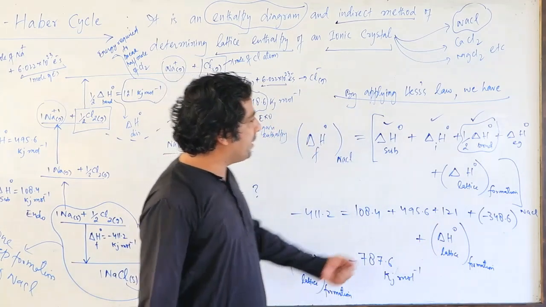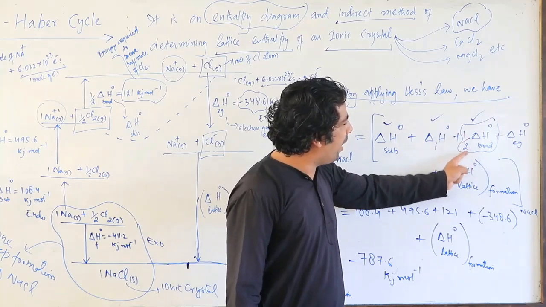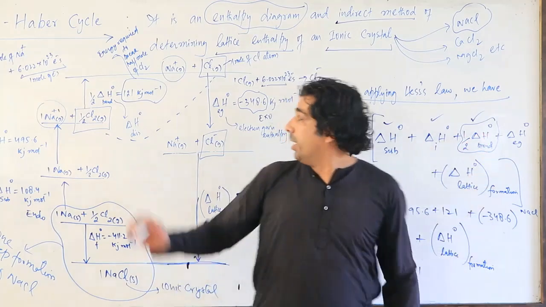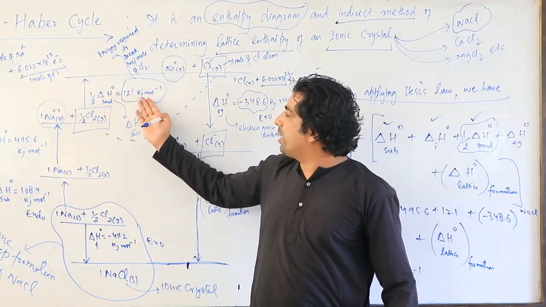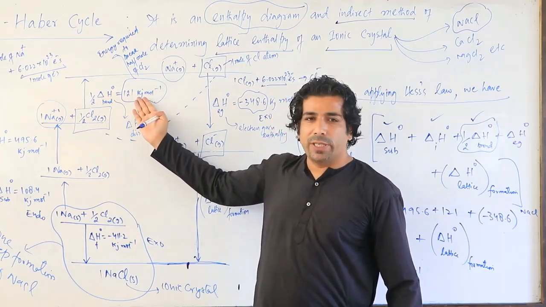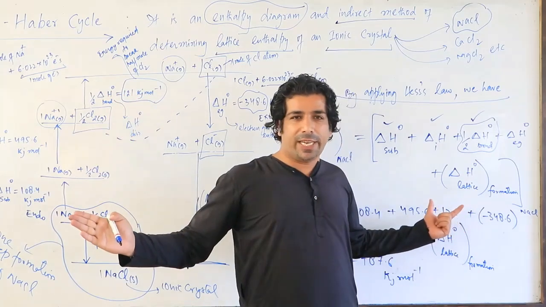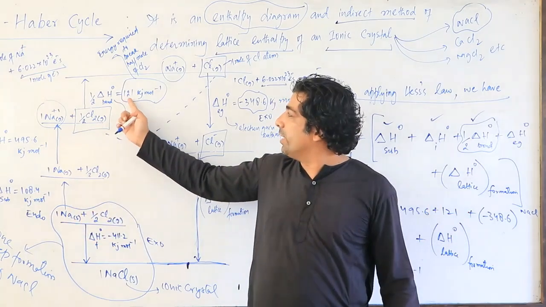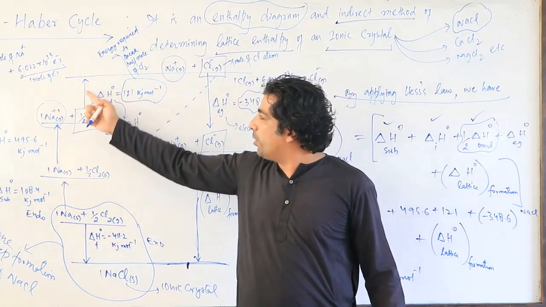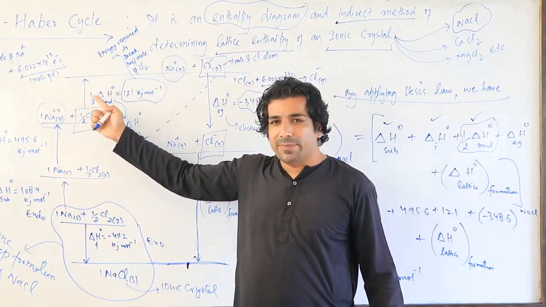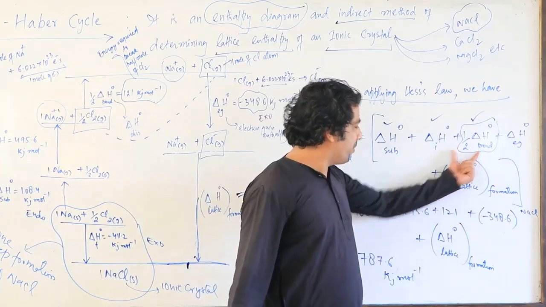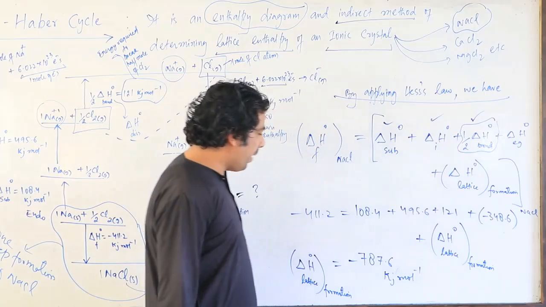So here, my dear friends, at this point I told you it's already half of bond dissociation enthalpy. Half of bond dissociation enthalpy is already calculated. It's 121. So no need of taking half again. It's already half only. This 121 is this value only, half of bond enthalpy. So be careful here. So now, my dear friends,